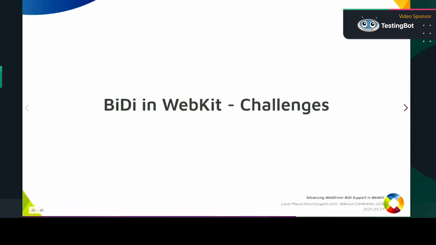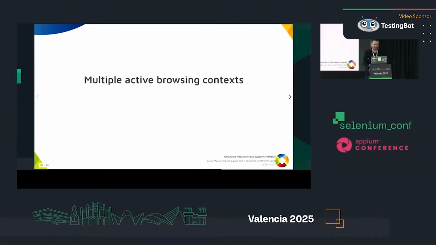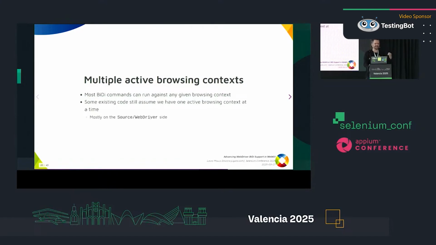So some challenges that we are facing. First of all, it's the multiple active browsing contexts. In BiDi, you can send commands to different browsing contexts repeatedly, and it's different from the stateful approach of Classic. So it's something that we need to keep in mind, because there is some code on the driver side that still has those assumptions